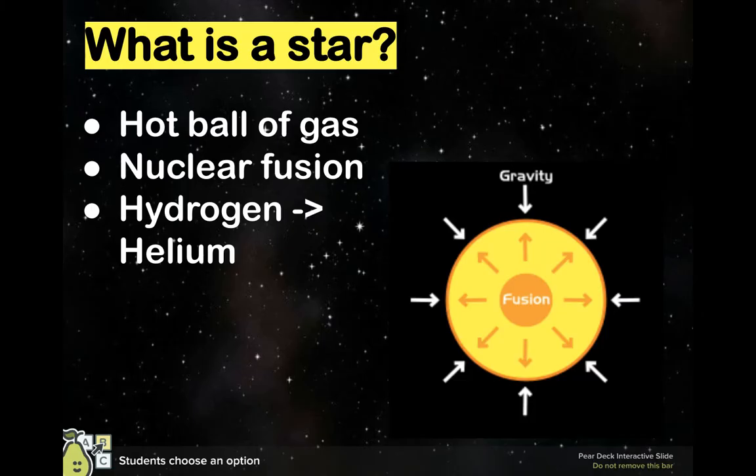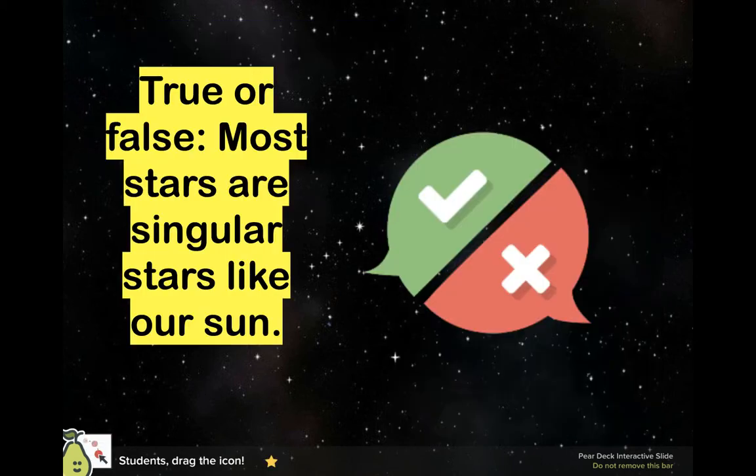A star is a giant ball of gas that is on fire, and it's shaped like a sphere. And the reason it's on fire is because of nuclear fusion. That is when two atoms, in this case hydrogen atoms, combine together and make a new atom called helium. The reason that it creates fire is because it releases a whole bunch of energy, and we see the energy as fire.